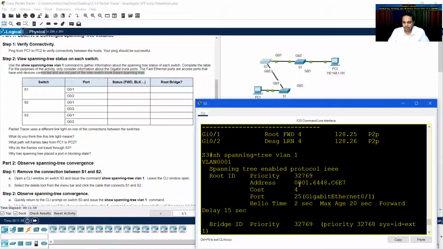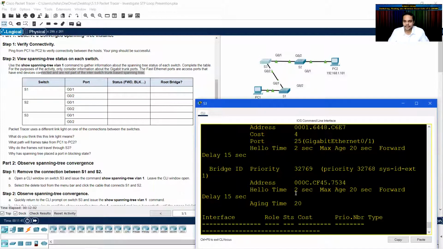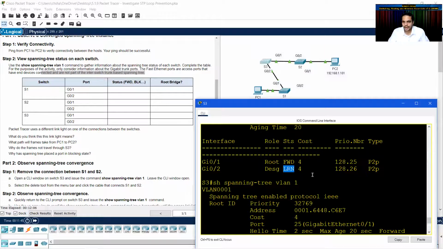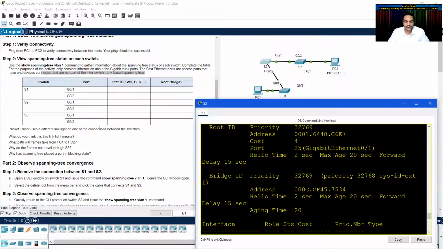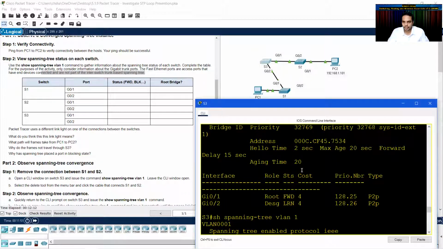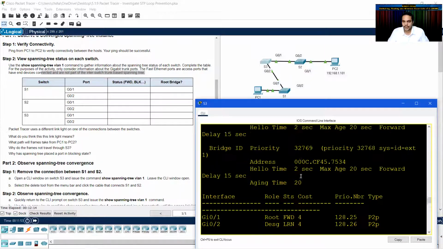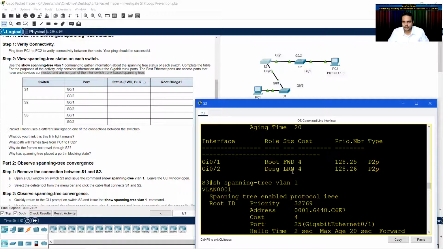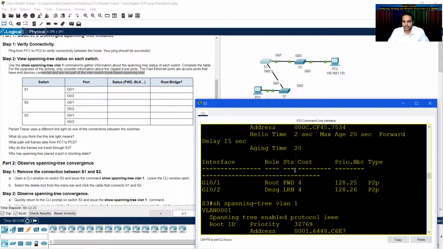So this convergence happens in such a way that first the mode changes. When we first checked the status, it was in the blocked mode. From blocked mode, it moved on to listening mode, then learning mode. If you scroll up, you can see all the learning and listening modes.